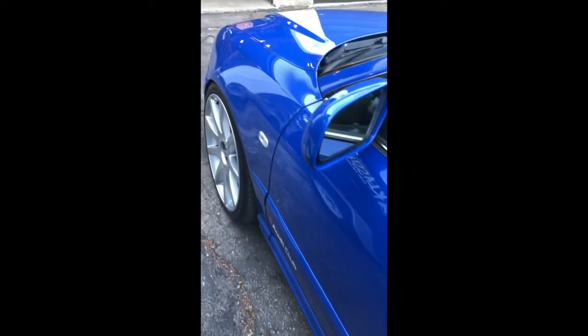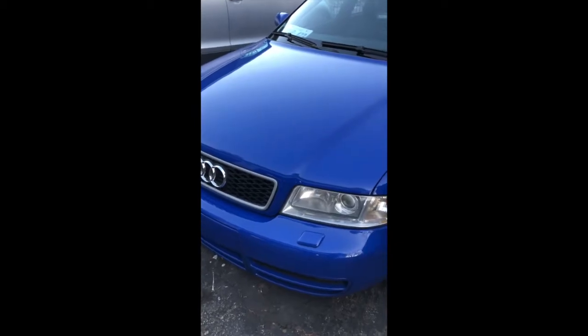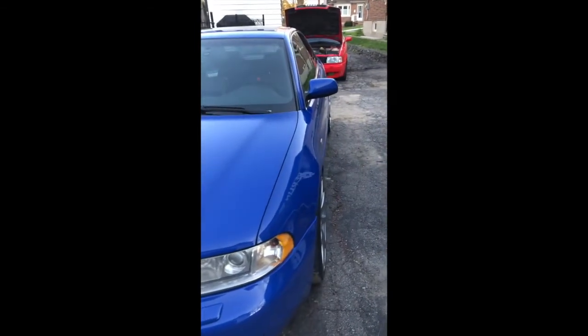So it has the bigger KO4 hybrid turbos. It has the dual AWE Tuning massive intercoolers under the front bumper. It has all the engine braces, all the transmission braces. It has the AWE Tuning downpipes. It has the AWE Tuning exhaust. It has full two-piece Stop Tech brakes and rotors. It has H&R sport coilovers. Oh my god, what else has been done to this